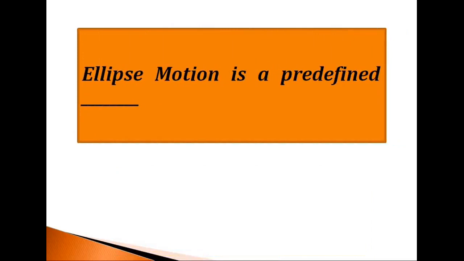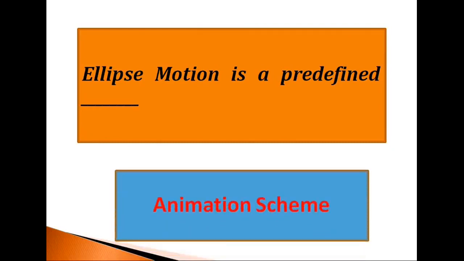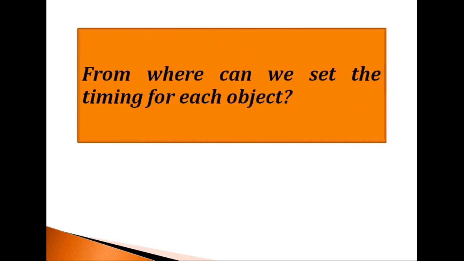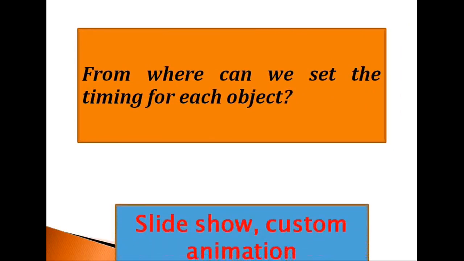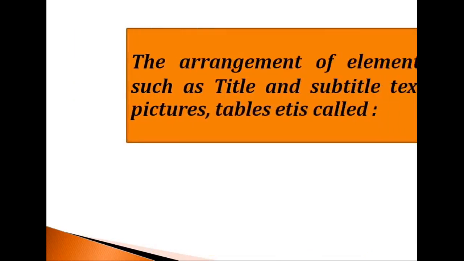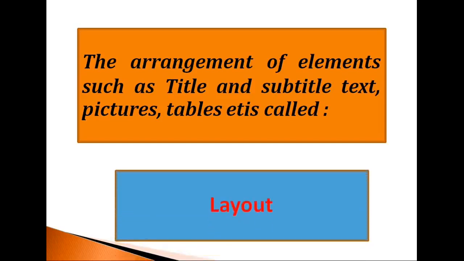Ellipse motion is a predefined? Answer: animation scheme. Next, from where can we set the timing for each object? Answer: slideshow, custom animation. Next, the arrangement of elements such as title and subtitle, text, pictures, table is called? Answer: layout. Next,